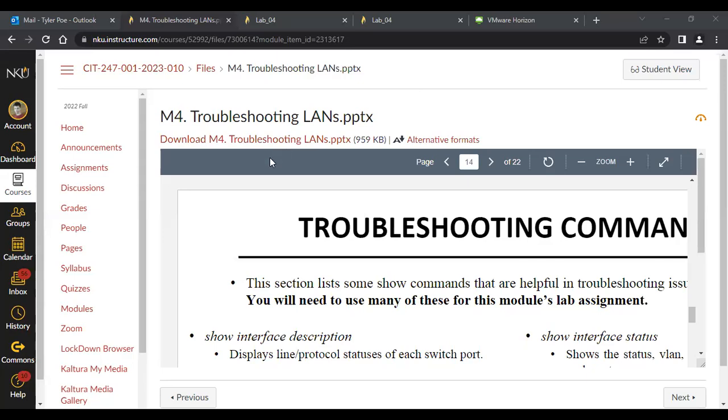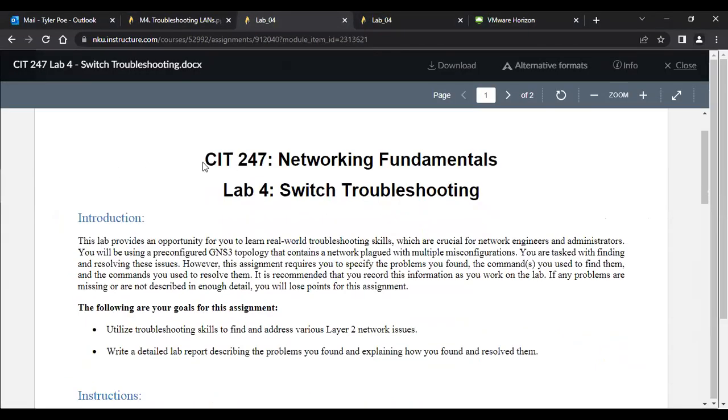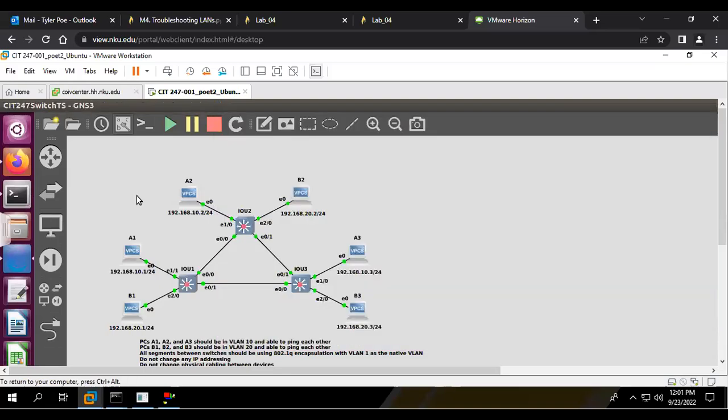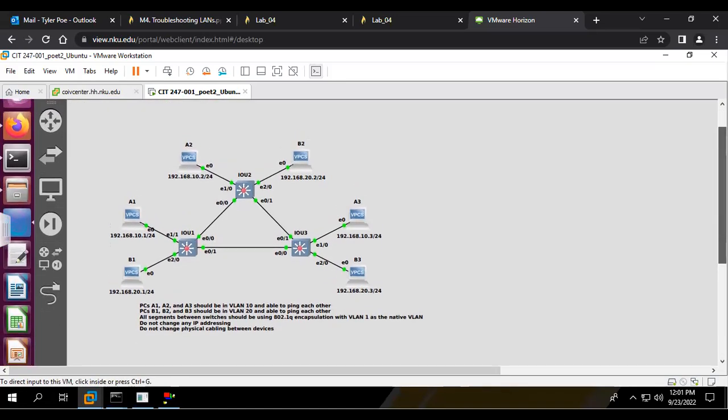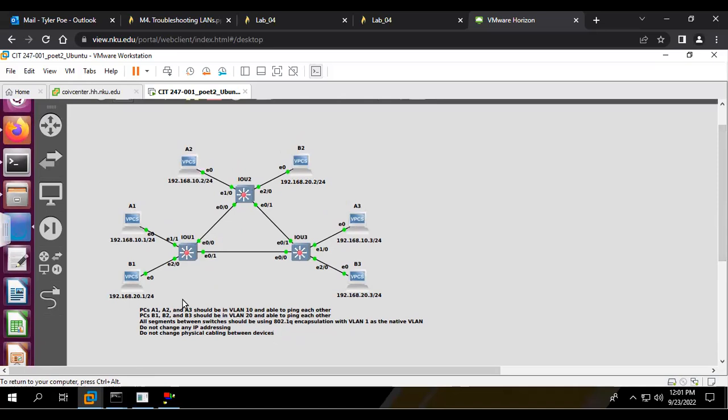Hello everyone. In this video, I'm going to be going over Lab 4 in CIT 247. Now this lab is going to be a little different from the other ones you've done. Instead of building a network and adding configurations, you're basically going to be troubleshooting configurations. So you'll download a lab from Canvas and it'll be pre-made for you. It'll have some instructions here on the bottom that tell you what your network should do once you configure everything